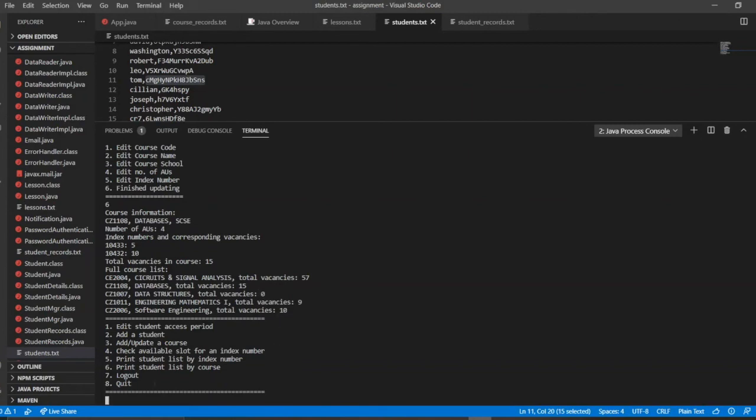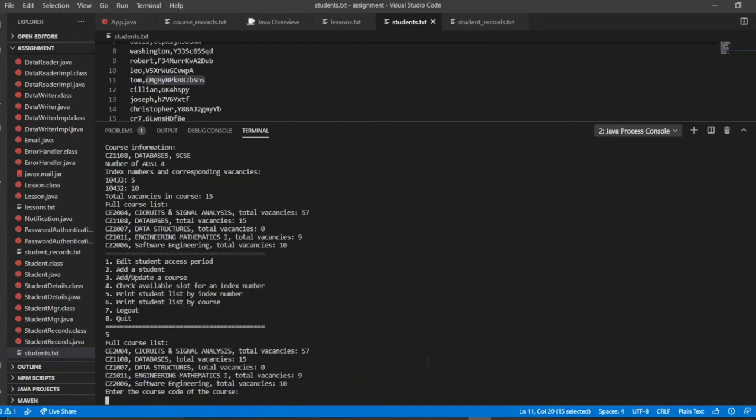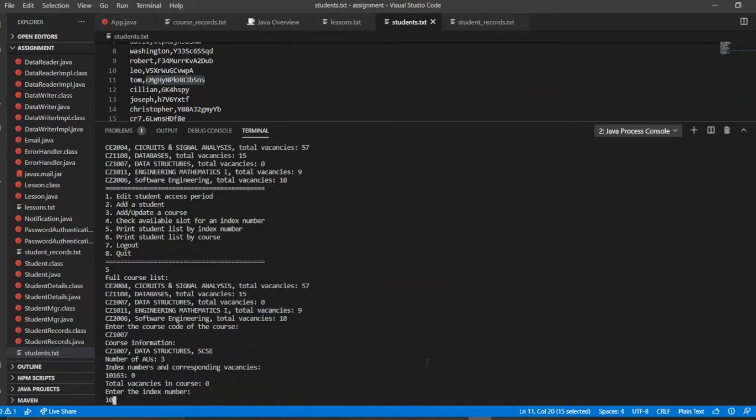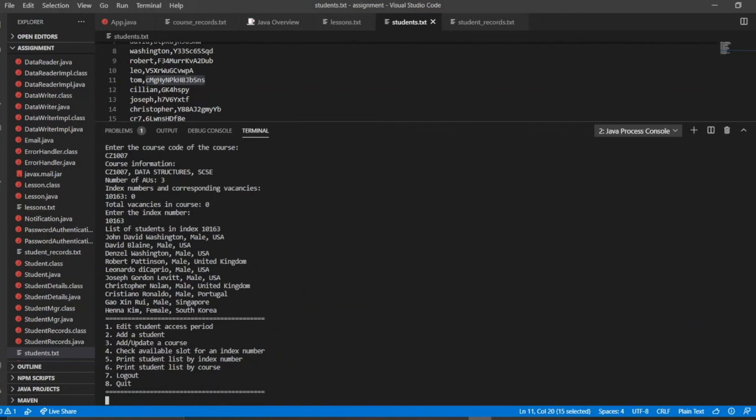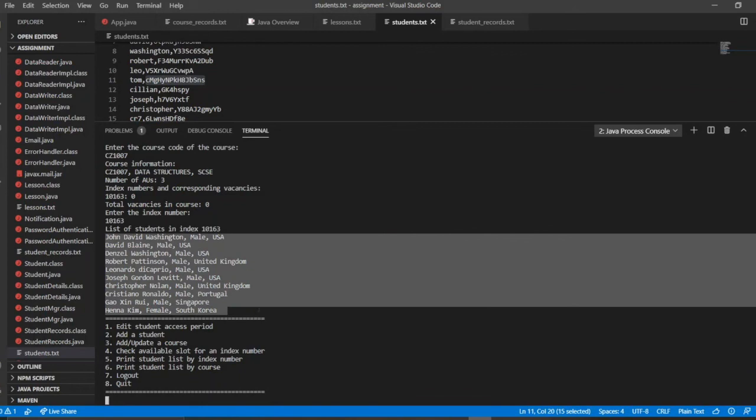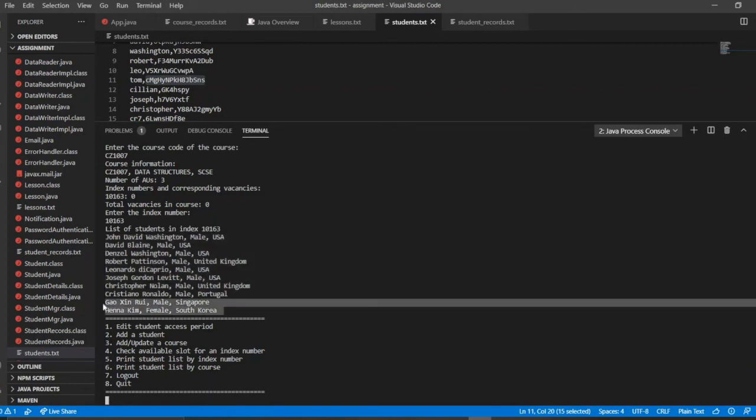Now I will showcase print student list by index number function. So for example, I want to check CZ1007 index 10163. This is the course that is currently full. So as you can see, this index contains all 10 students, and these two were the two that were removed from the waitlist and added to this course. Now I'll print student list by course to showcase the last function,